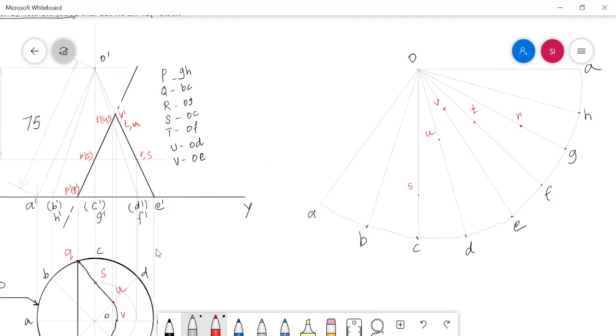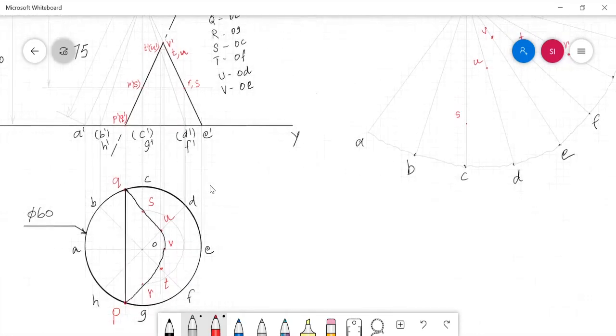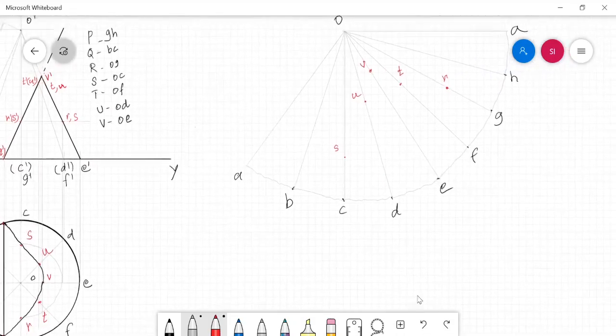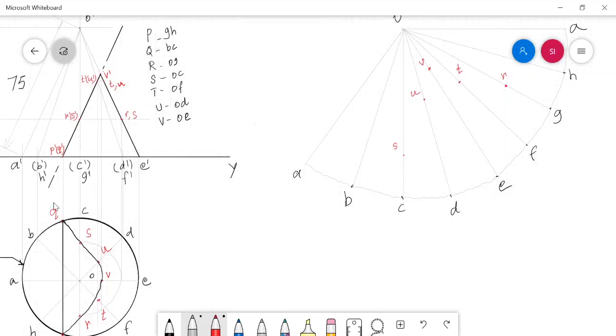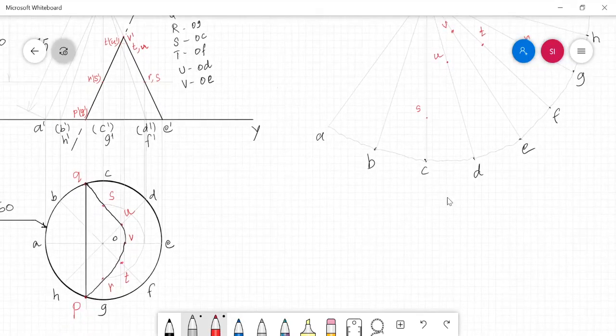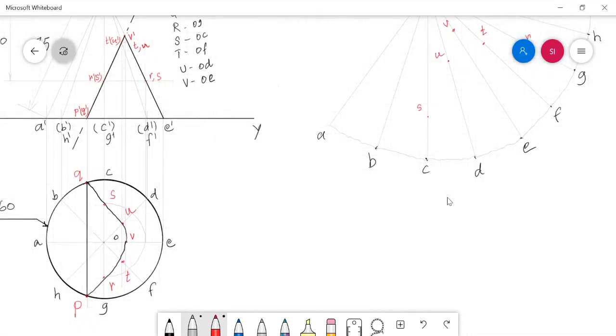And two more cut points we need to mark. They are P dash and Q dash. That is P and Q, which are obtained in the base arc pieces. Say the cut point P is obtained in the arc piece GH. So the arc piece G2H is here. In this we need to mark the cut point P. And the same way the cut point Q can be marked in the arc piece BC here. So the task is somewhat different when we compare to the previous problems.